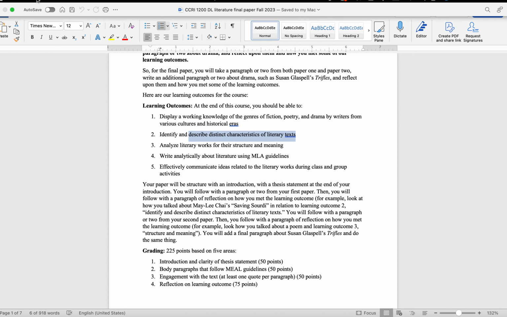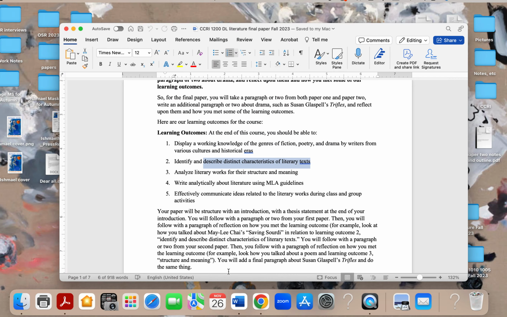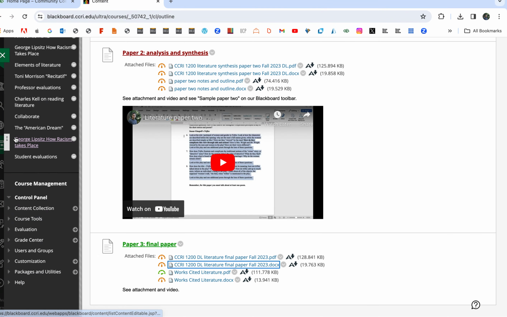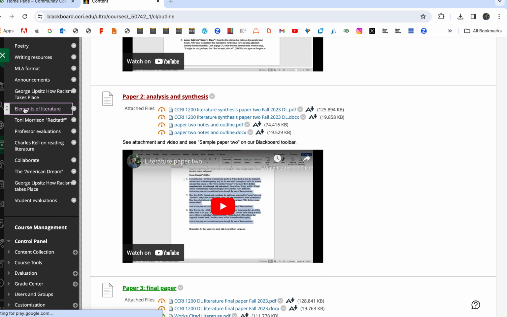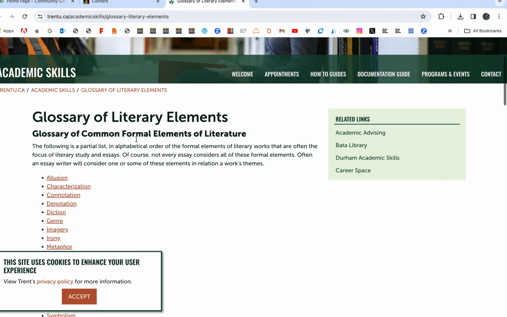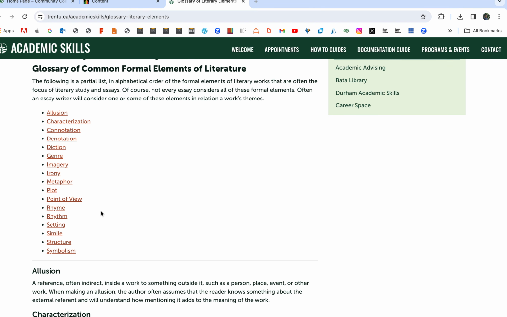And if you go to our Blackboard page, on the side here, you have elements of literature. So if you click on elements of literature, here's just a basic glossary of terms. And you could just use any of these terms, right? Characterization, you can think of the character of Nia and Sortie, Sonny and the narrator. What point of view?